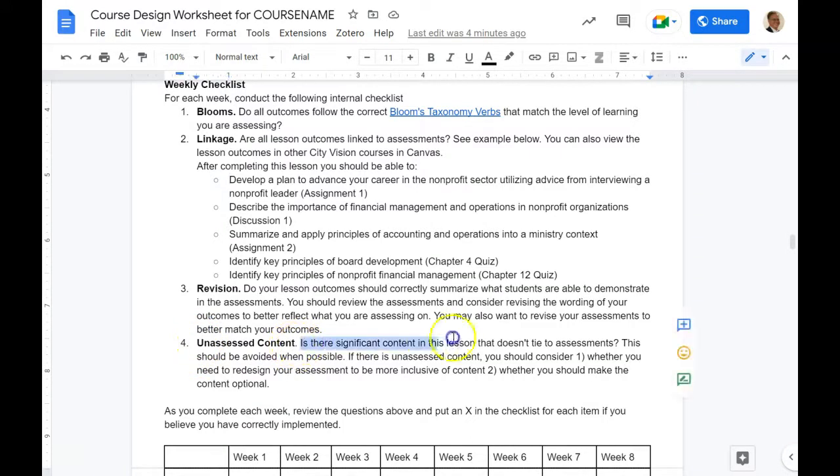Is there any significant content in this lesson that doesn't tie to assessments? I've had some faculty who just create a menu of all possible content related to that week's topic, and then they have 2 items. So there might be 15 areas that they cover in terms of the content, and then only 2 that are assessed. That's problematic because, one, why would students go through all of that content, and two, you don't actually know whether they've achieved mastery for that. So part of what you should do is think about how you are going to